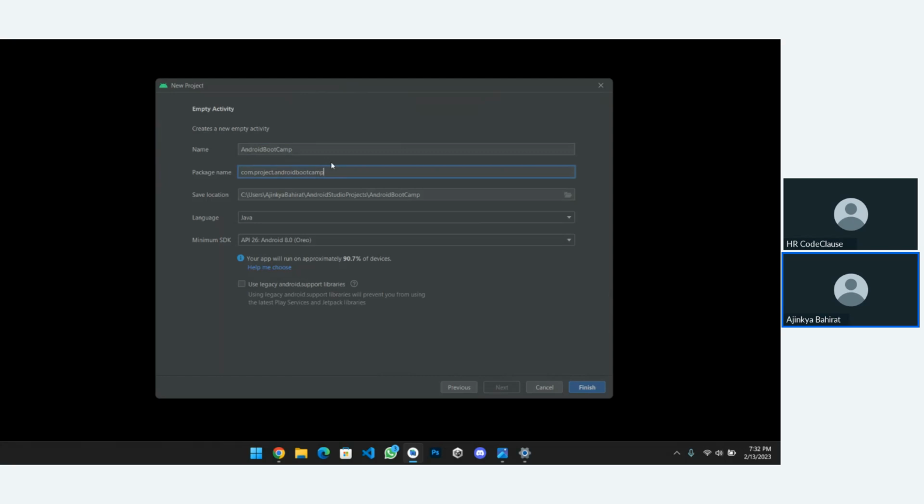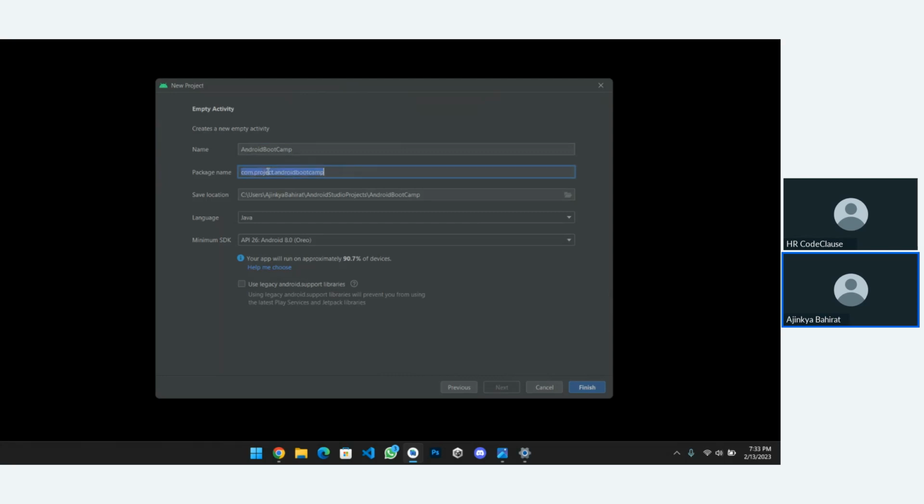So basically, for now, just save in your mind that package name is nothing but a specified path for our project, used to access the different files in our project. We will be giving something simple like com.example.appname, or com.company.packagename. So currently my package is com.project.androidbootcamp.